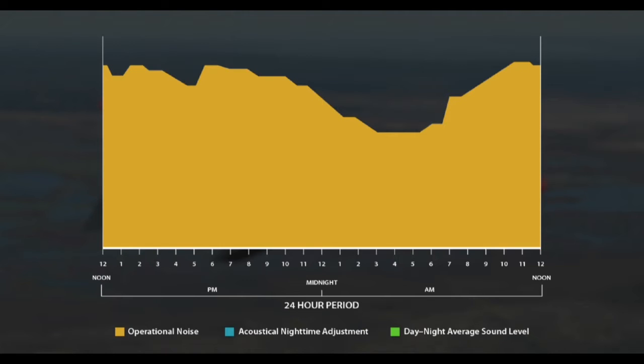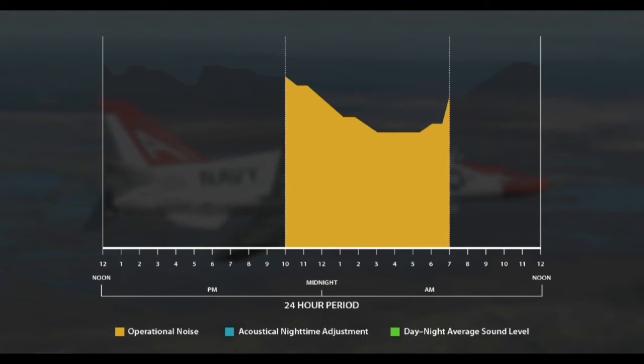DNL is adjusted to account for the increased human sensitivity to noise at night. Each nighttime operation occurring between the hours of 10 p.m. and 7 a.m. is weighted the same as 10 daytime operations. Now, to account for nighttime operations, the area shown in blue represents the noise level adjustment for aircraft operations that